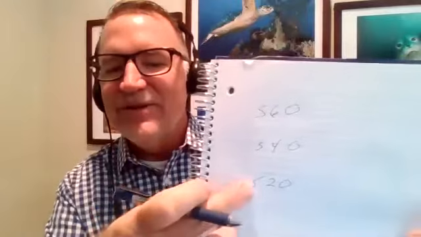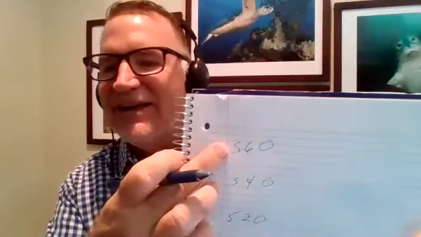On the low end, we're looking at 520. On the high end, we're looking at 560. Now, based on that, I want to see what the market looks like from 500 to 550, because 520 and 540 are in that market. Then I want to see what the market looks like from 550 to 600, because